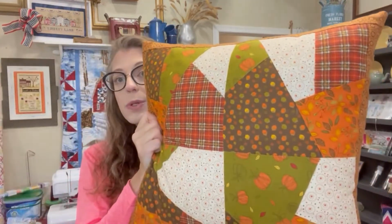So this was super simple. If you're a new beginner, if you're new to sewing, you have a sewing machine and you're scared to get to it because you're scared things are not going to even up or line up, don't worry about that. None of these lines are meant to line up. When you put your block together, it's going to look like an extremely big hot mess. But after it looks like a big crazy mess, like you just sewed a bunch of scraps together, which is basically what this is, you're going to trim it down into an actual workable square, and then you just put your 4 squares together. Boom,